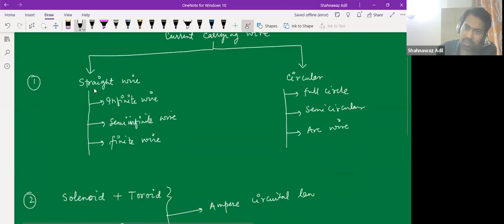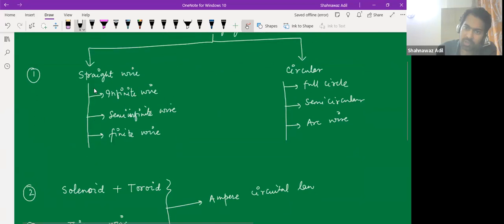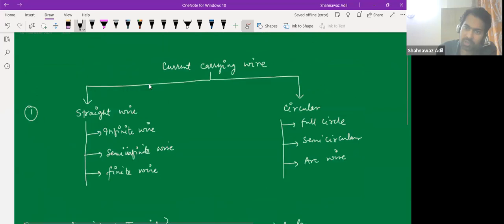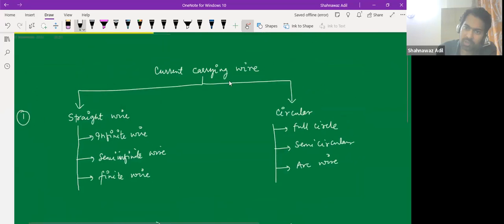Magnetic field at the axial point of a wire. So this we